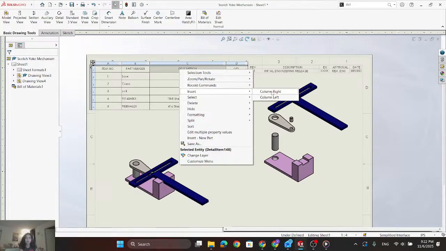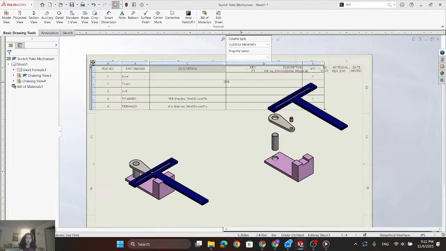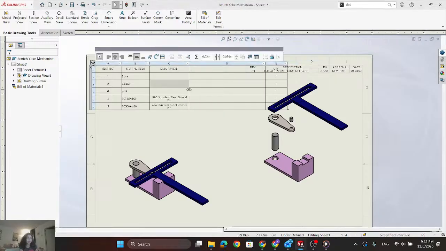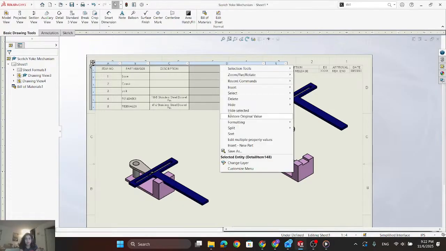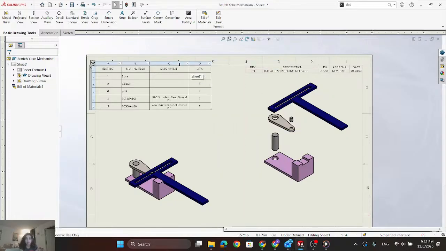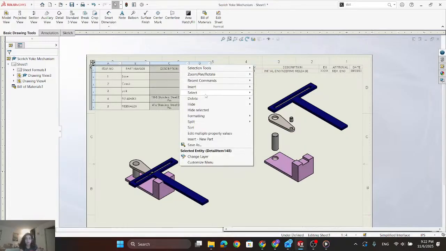Here, I'm gonna insert a column. Alright, so it's gonna be, let me delete that. This column. Let me insert a column. I guess we're gonna keep the description, because I found this, I got the rods